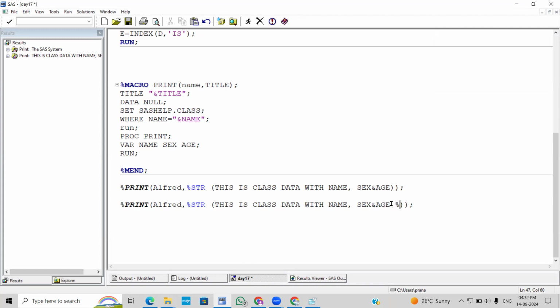Suppose here in this example I'm giving a title, I'm giving percent, percentage of. You can see here the character values were coming in bold because